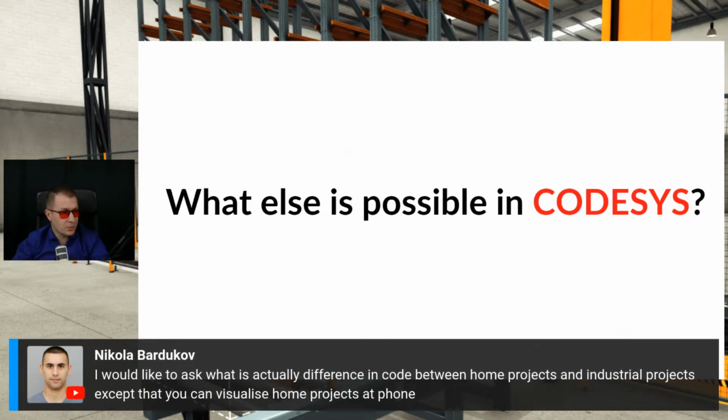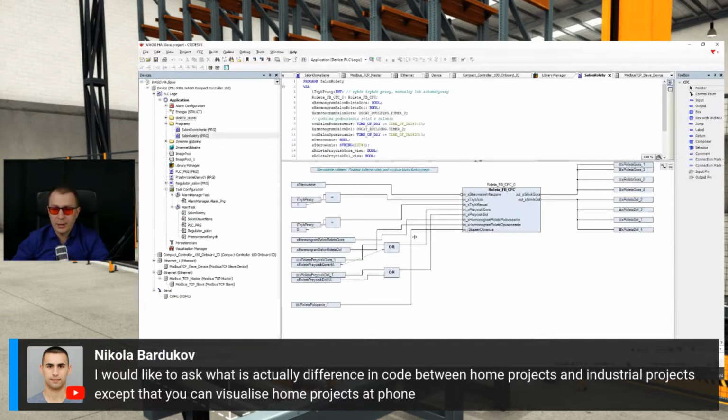I would like to ask what is actually the difference in code between home projects and industrial projects, except that you can visualize home projects at phone. In industrial projects, you need to create a program in CODESYS. The sequence of your program, for example, for industrial pumps or industrial machine, and you need to use HMI, a professional HMI panel,